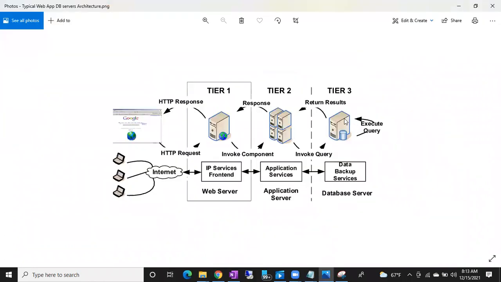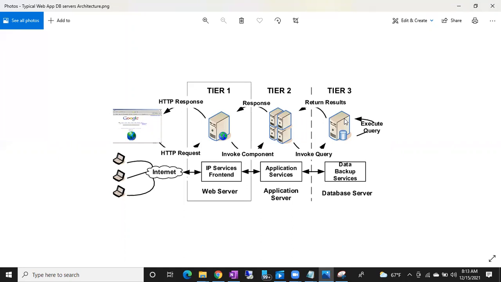You can talk with the database by using any application. Clear, guys? You cannot directly jump inside the database and see the data. With the help of an application only, you can access the database. You can insert the data, process the data, delete the data, retrieve the data, whatever you want to do, you can do. But directly, you cannot connect to the database.